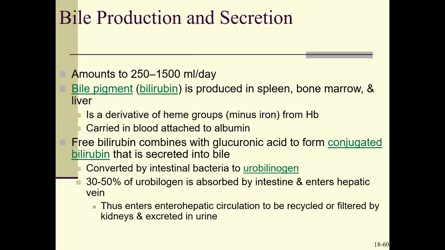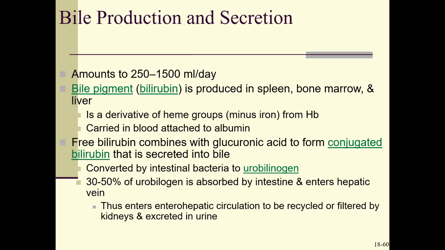Okay, so your liver is going to take some of that bilirubin and conjugate it to glucuronic acid. It'll form conjugated bilirubin. This is charged. That's what then gets solubilized in water and gets put into bile. And in the intestine, about 30 to 50% of that bilirubin, first of all, the conjugated bilirubin in the intestine